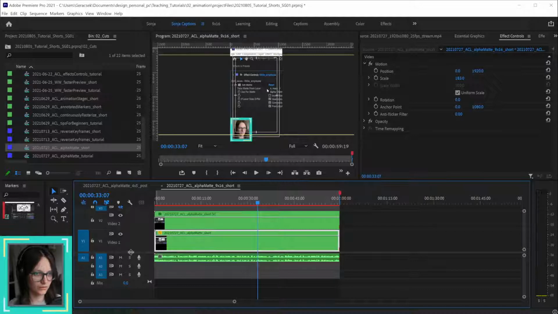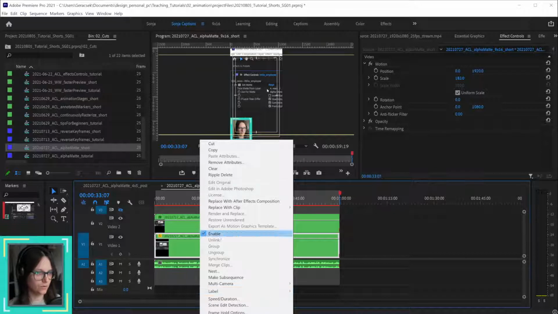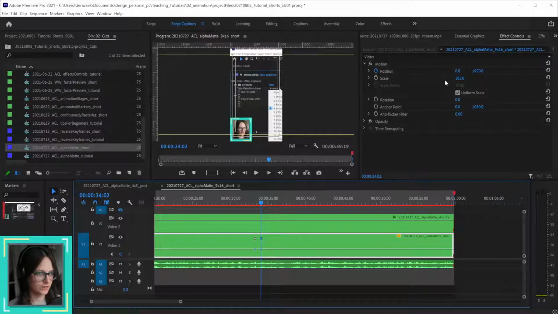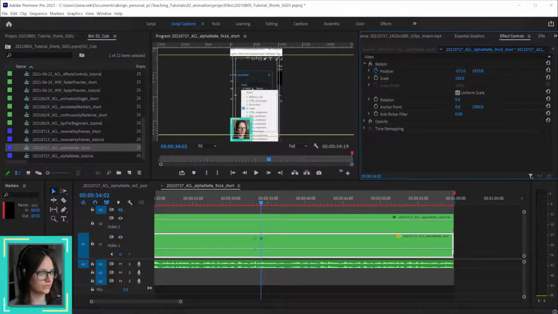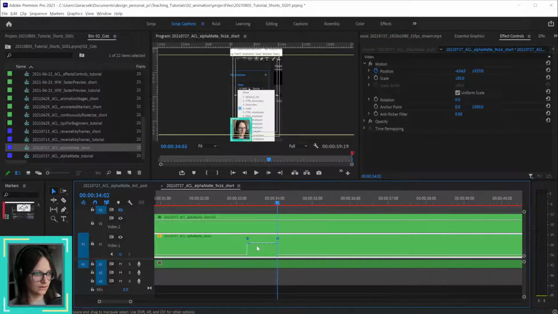From this, I'm going to add a keyframe for motion, and that means I'm going to right click, go show clips, show clip keyframes. I know you can't see that right now. Then motion, then position, and then I can add some keyframes here. 2, 3, 4. Another keyframe, and at this keyframe, I'm going to move this across so we can see that. And then I'm going to